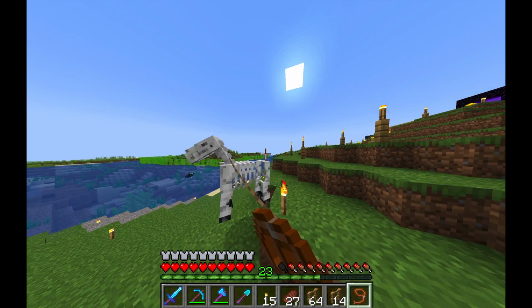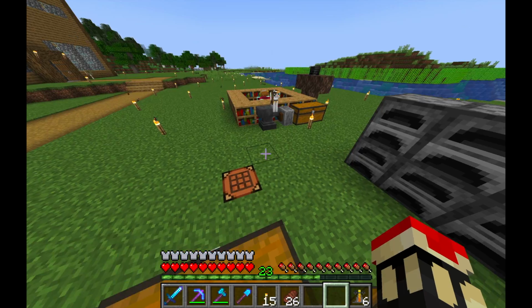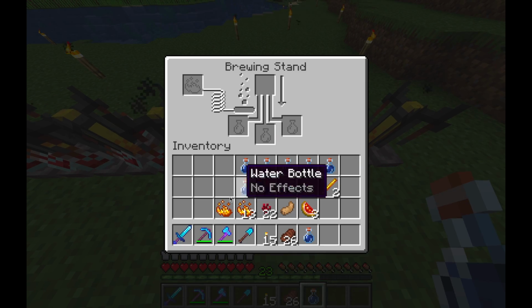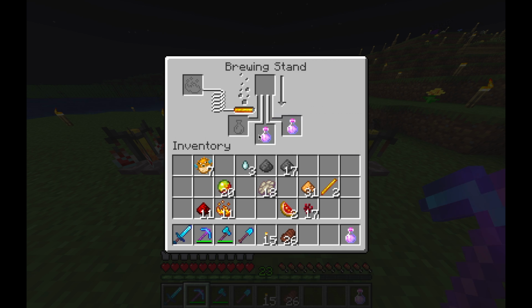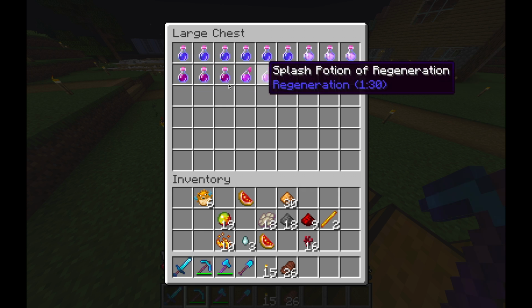I'm going to start this episode off by putting some horses in a cage and then doing some brewing. I made a few brewing stands here and I was destined to get a few different kinds of potions. I wanted to do the basics and then I accidentally messed up. But here we go. So some slow falling, regeneration, even splash there, and you can see all the potions I